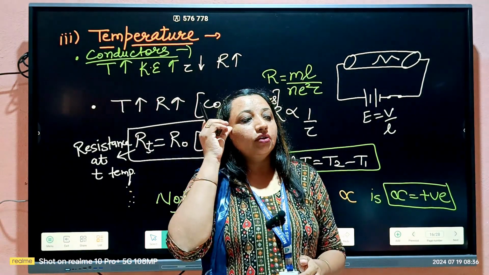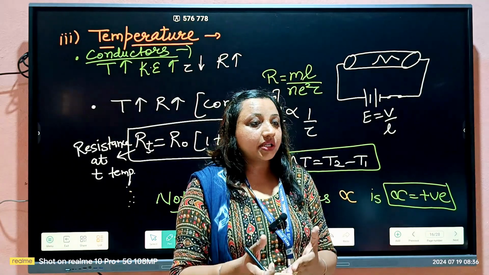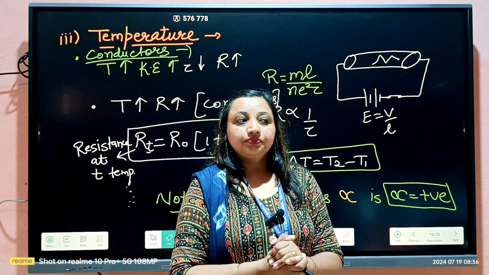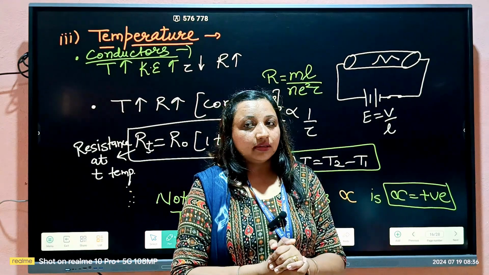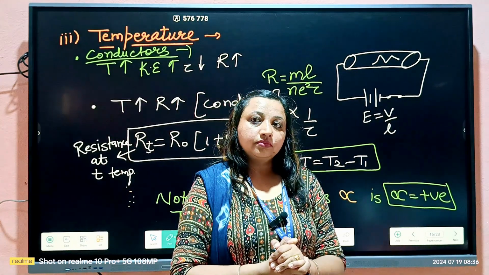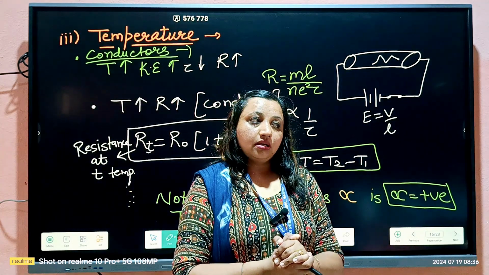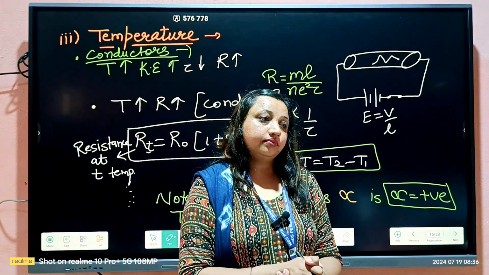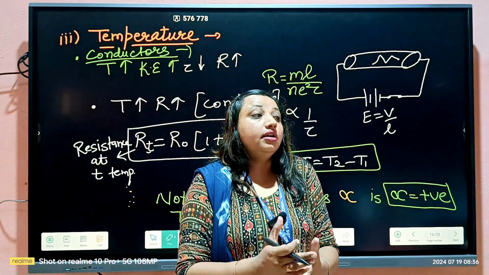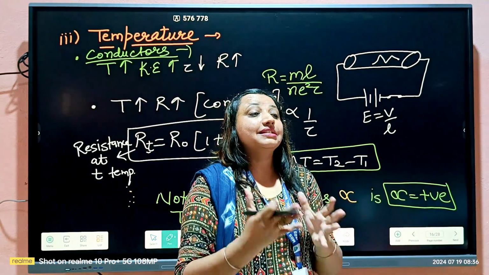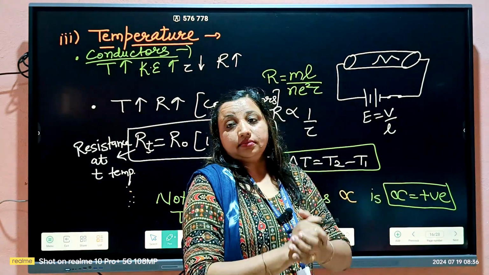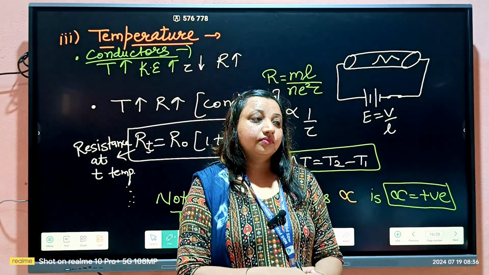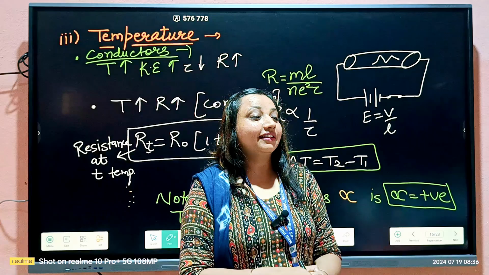In the question paper, you may be asked the direct question or in the indirect form. How in the indirect form? If you have a copper wire and a silicon wire whose temperature increases, then through which wire does current flow easily? Or current does not flow easily, or the resistance is high in which wire? In which wire resistance becomes high after increasing the temperature?